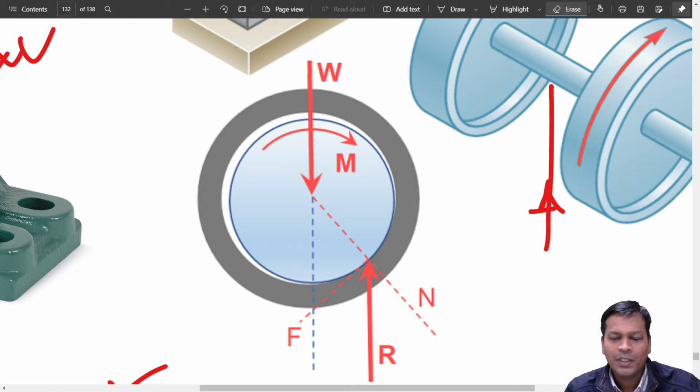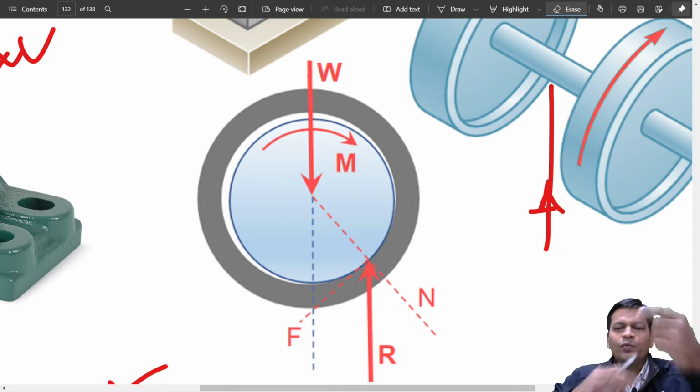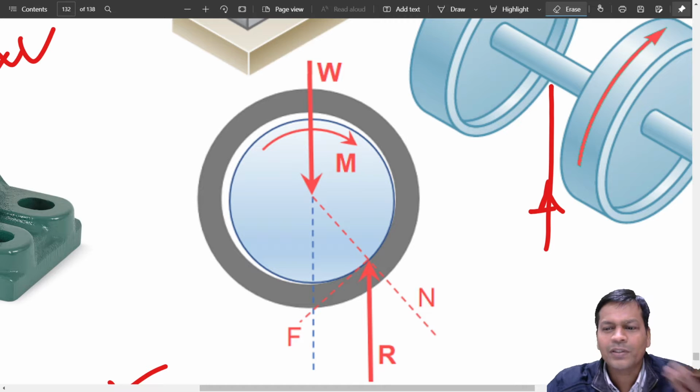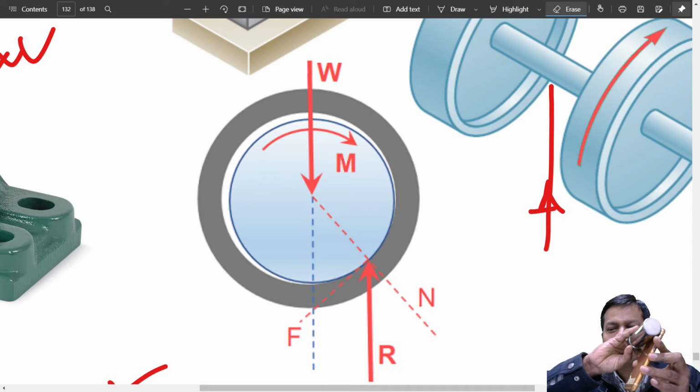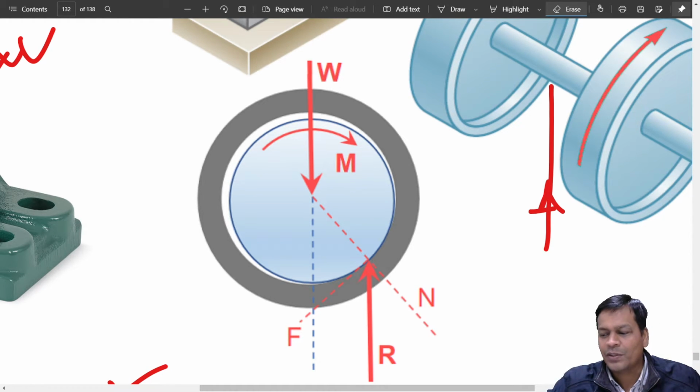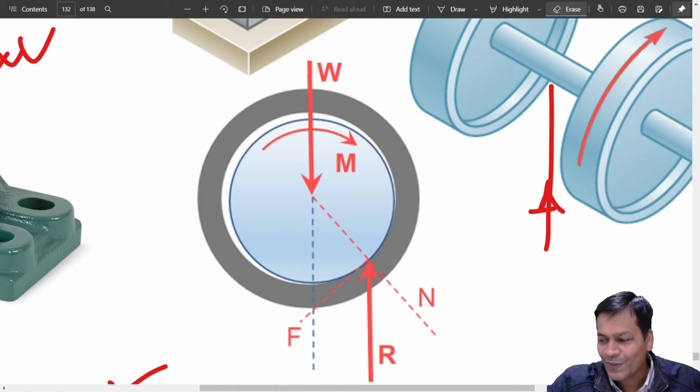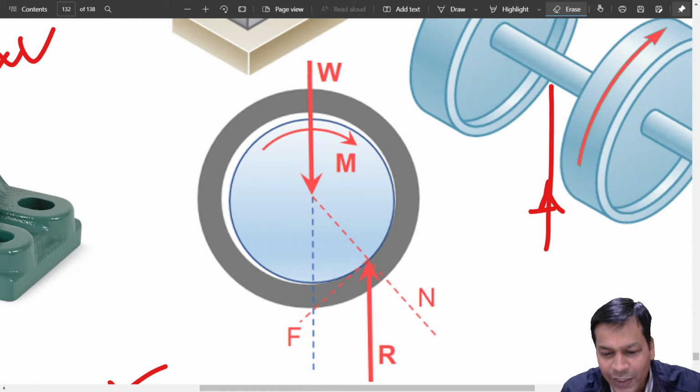So I assume, yes, a rotating wheel rides upon a hill. So this is your surface. If this is rotating, it will ride up. Yes, so that is what is happening. You don't have this surface as a flat one, rather this also is a circular one and it is riding up. That is what is happening here. You have two shafts. The outer one is supporting the inner rotating shaft.